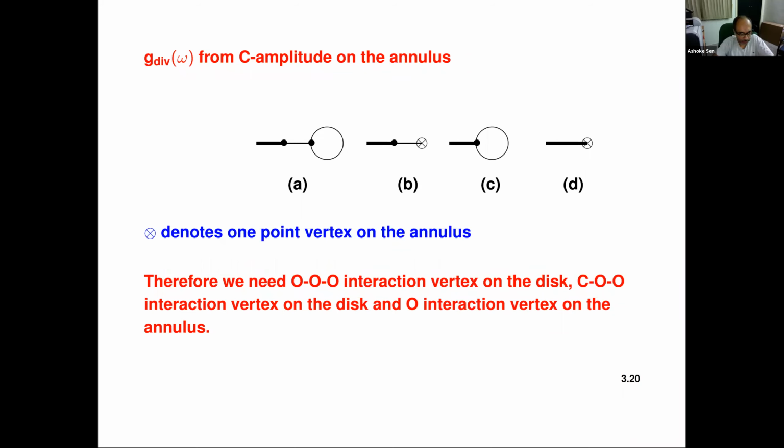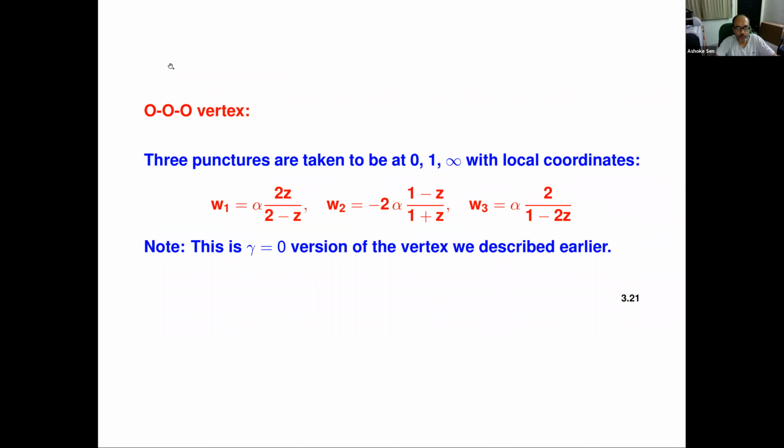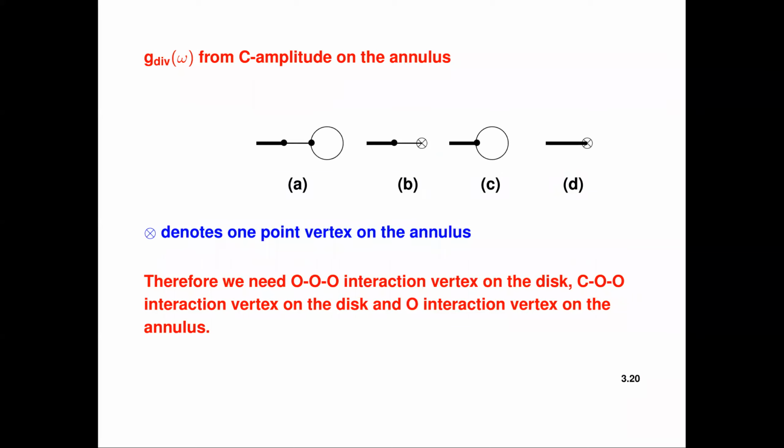Okay, so let me say a few words about construction of these vertices, and then I'll stop. So for O, yes. Don't we have more diagrams? One, for example, that goes to a solid line, to a thin line, and then to a solid line, and then ends on a disk. Okay, yes. So the point is that we are ignoring any diagram where the internal line is a closed string, because those we are assuming you have integrated out. Because the divergences that you are after are the open string divergences, right? You are assuming that all the internal closed strings are already integrated out.